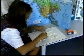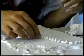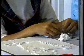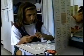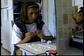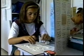Uninterrupted periods of work time is one of the greatest gifts of the Montessori method, resulting in periods of focused, sustained concentration. You can go as far as you want, as fast as you want. I really like the idea of an independent study because the kids can explore and see how